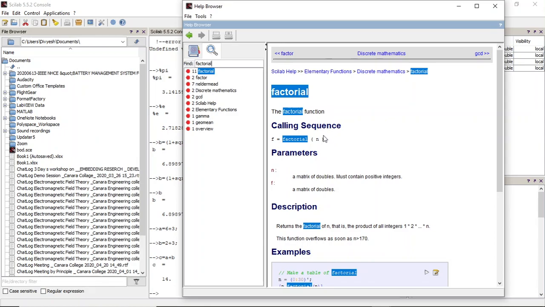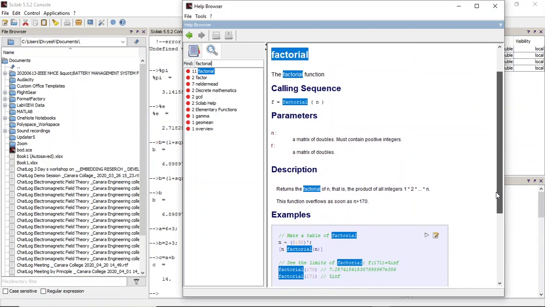If you want to find the factorial of any number n, you have to give factorial of n, factorial of 5, factorial of 6, that way. It's explaining that n is a double data type, it can be a matrix, and it should contain positive integers, it cannot have negative integers. So you can go through this. There is a description, and examples are given.